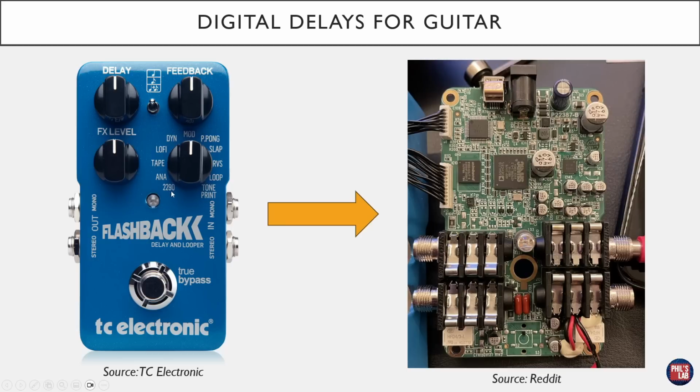For example, the 2290 is a purely digital delay. Then we have an analog, which is maybe using some high-pass filtering, some modulation effects, and so on. And as we'll see, by varying the structure of the delay later on, we can achieve similar effects as the TC Electronic. The TC Electronic Flashback also has, for example, different settings for quarter note, dotted eighth, and so on, and of course also tap tempo and bypass. That all being said, this might look a bit complicated to start with, but you'll see the underlying structure is